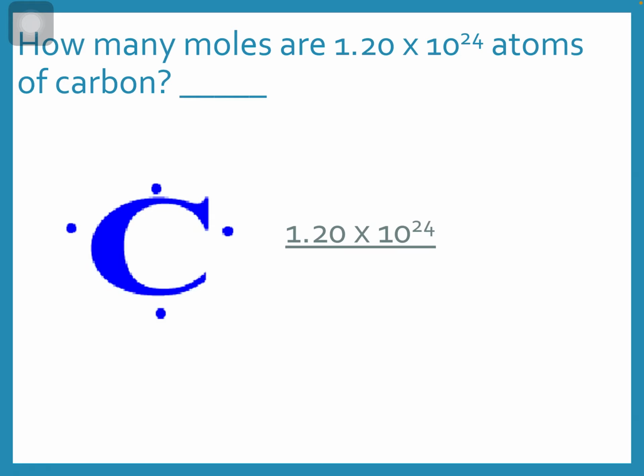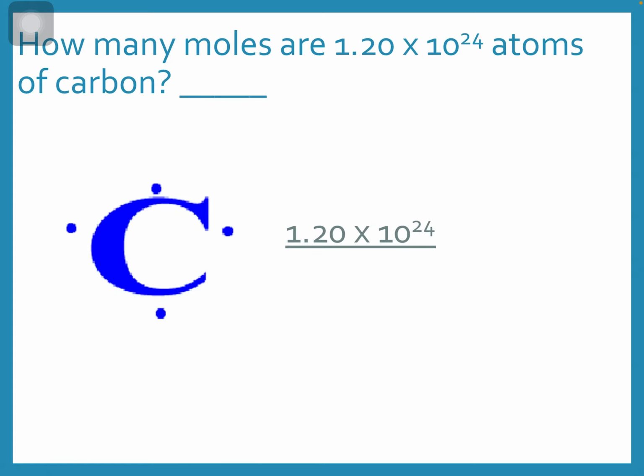How many moles are 1.2 times 10 to the 24 atoms of carbon? So here I'm working in the reverse direction. So I know how many atoms I have, but that's a very large number and it doesn't make sense. And this is one of the reasons we use the term mole. So how many moles is that? So I want to figure out how many units of 6.02 times 10 to the 23, or how many moles